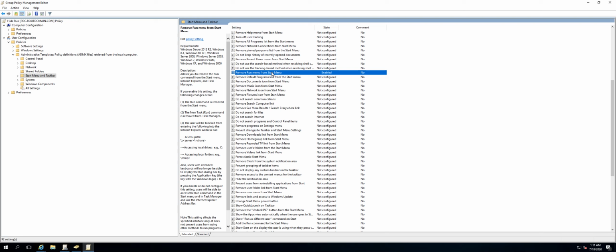Said remove run from the start menu. Enabled. Alright, that's it. That's the name of the GPO. That's the only setting which I'm going to do here. Nothing else. Or maybe if you are trying to do some other job, like maybe I want to name this GPO